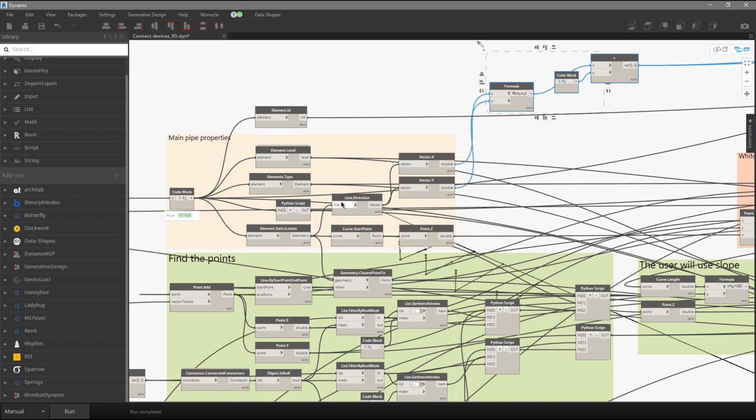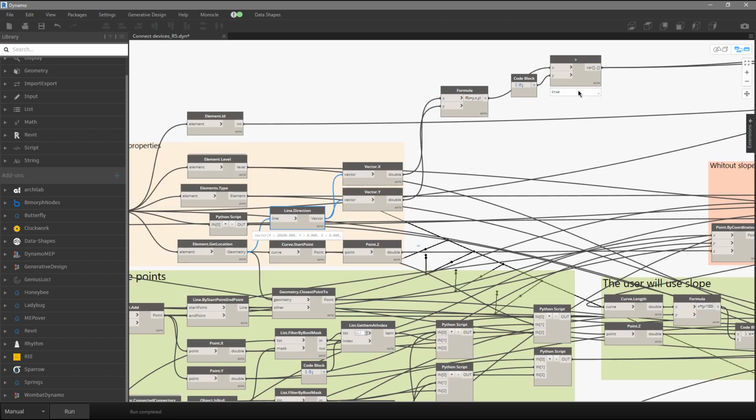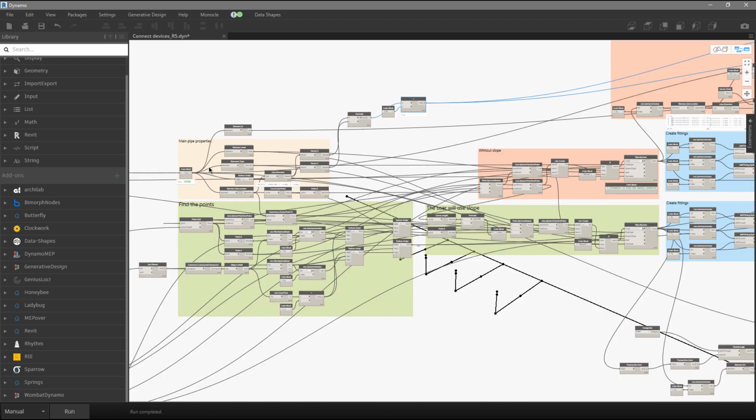And I did that. So again, I will ask for location, I will ask for direction. I want to know which component of the vector has a higher value. Again, why? Because I want at the end to establish if I have a positive direction for my main pipe, which in the brackets means that the user did model the pipe from left to right or from down to up, so I have positive direction, and I will act based on that. So if I have positive direction,